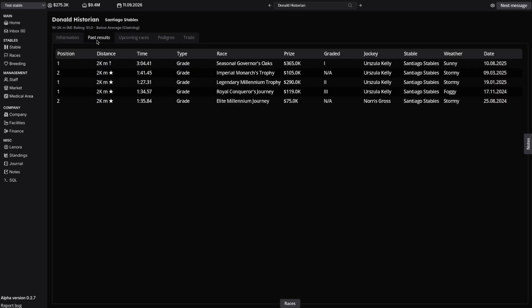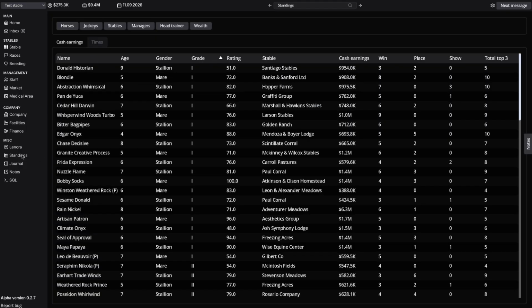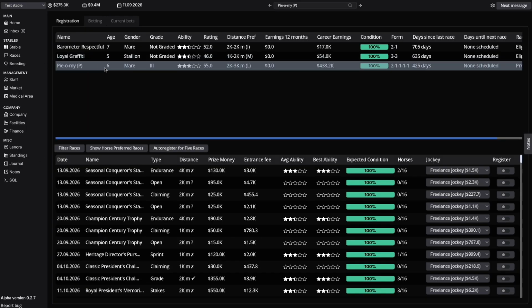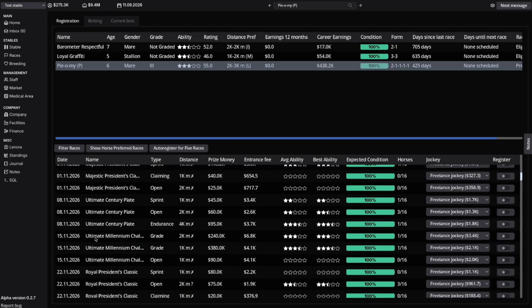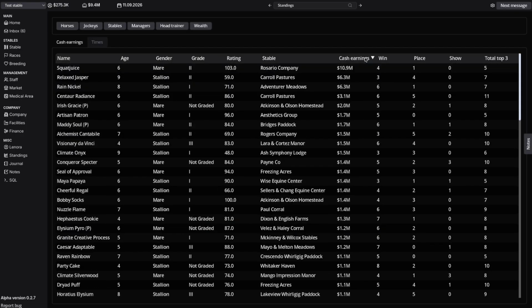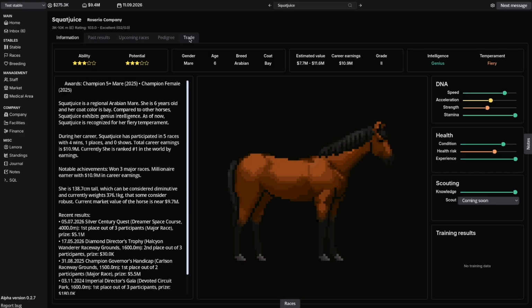Now you might ask, why do you want to do this? And the simple reason is, the grading tells basically how good the horse is, and this means that the prize money is also better. For grade 1 races, the prize money is way better than say ungraded races. And you can also then take part in, I don't think we can take part in this, but if we look at some horse that has a lot of cash earnings, okay, then we can see,